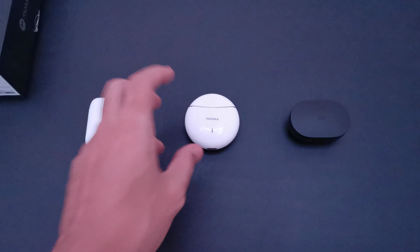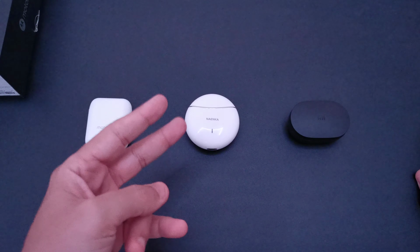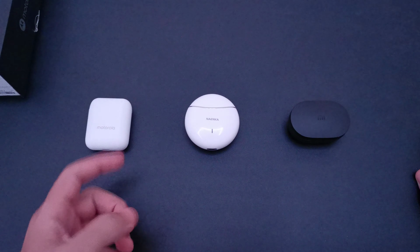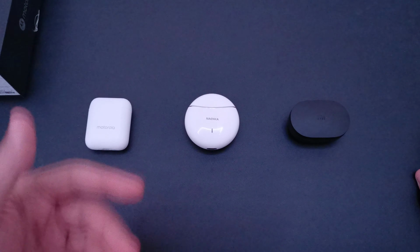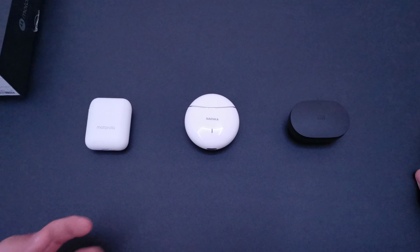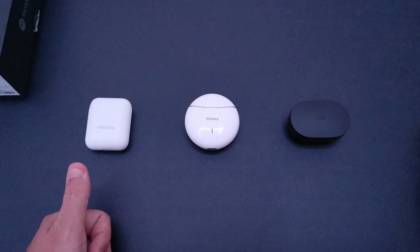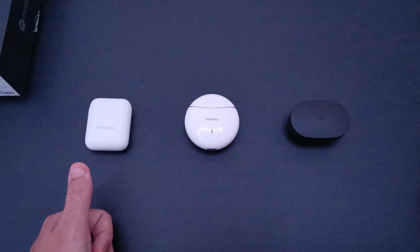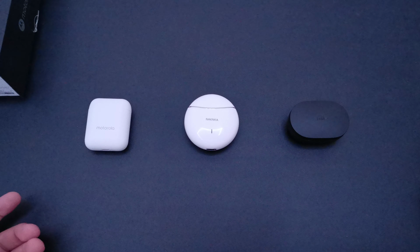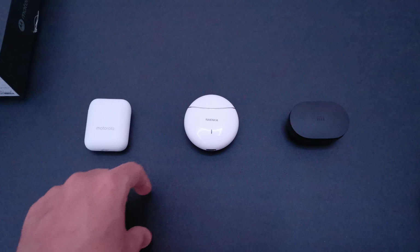Now let's talk about sound quality, which is what you care about more. You may care about two categories. One of them is how comfortable they are in your ear while you are wearing them. Number two, how good the sound is on calls and playing music. So these two aspects are like 80% of what you care about, I believe. Like how good it is when it comes to calls and sound quality, and how comfortable it is when you wear it, so it doesn't bother you a lot, as well as battery life. Now, combining all these aspects and putting the price there, I would say Samsung, Huawei, and